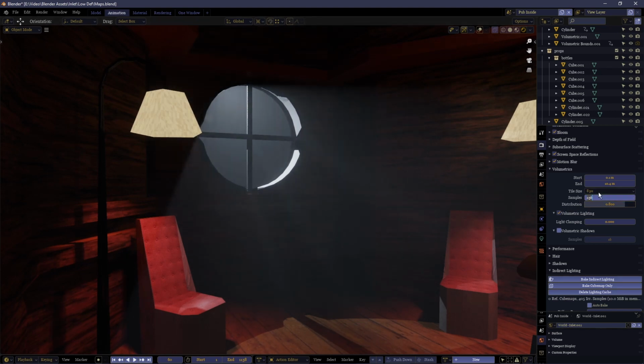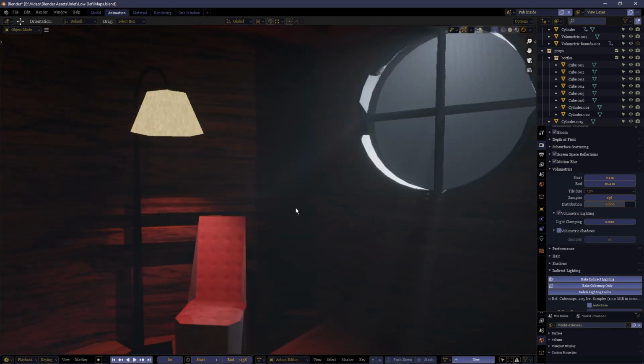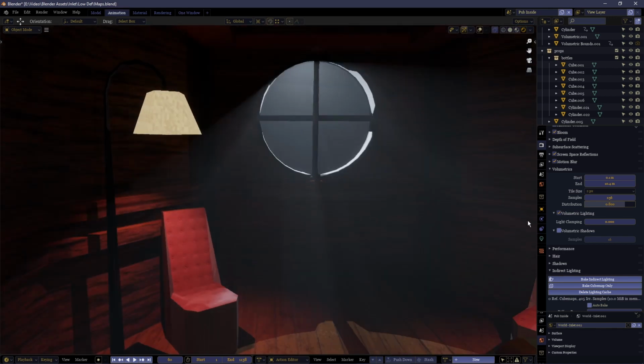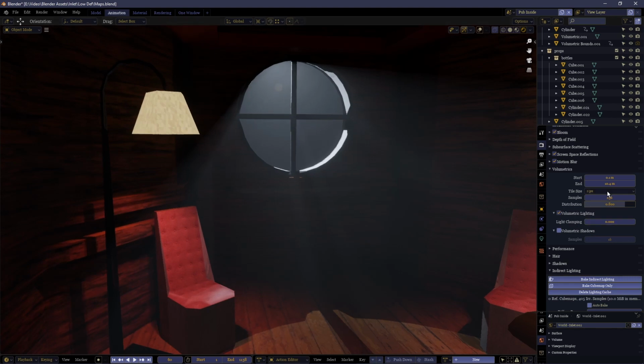But putting it up by too much, it's going to slow everything down. You can see now how much it's already lagging. It's not even moving the viewport around. If it's lagging like this in the preview, you don't want to know what it's like when it renders. The settings it gives you by default is actually a pretty good middle ground. You can mostly keep it on this.